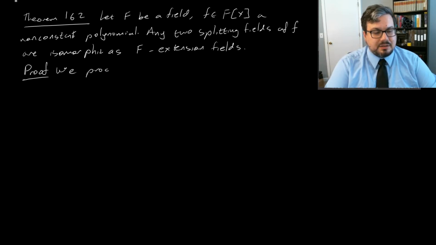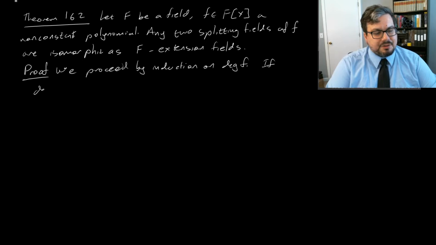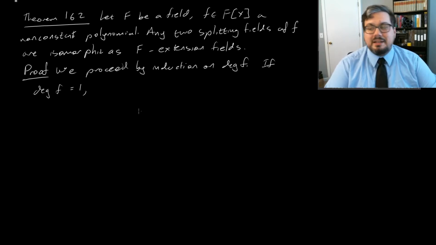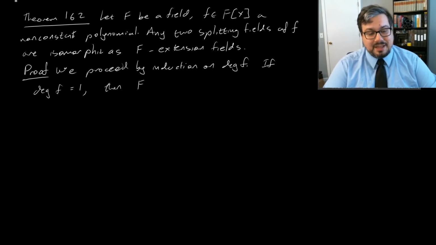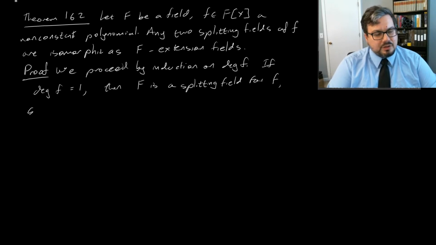We proceed by induction on the degree of f. Now, if the degree of f is equal to 1, then f itself is linear. Then that means that the field F is already a splitting field for f. So for any field extension